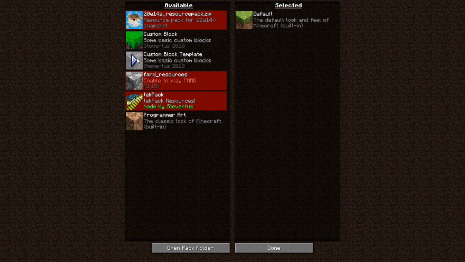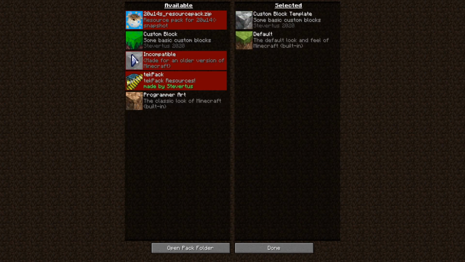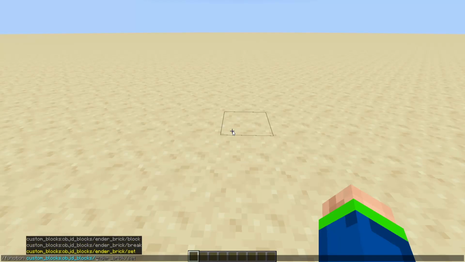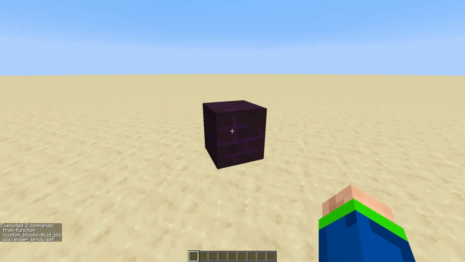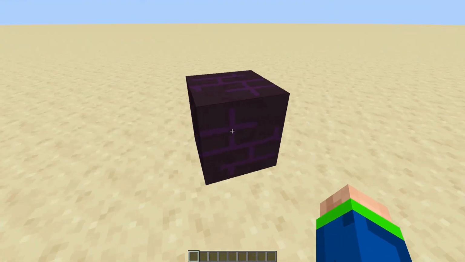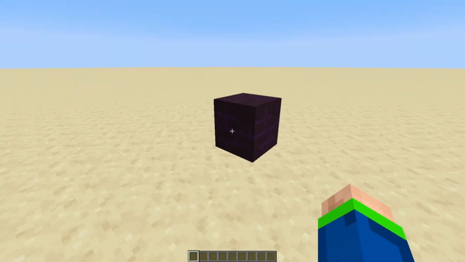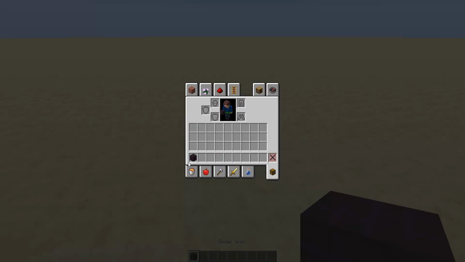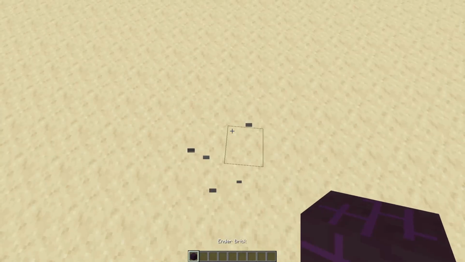So make sure you equip your custom resource pack here that you created. It will quickly reload the game. And now to get the block, we can just run the set function from our specified block here, and a brick inside of our data pack. And there we go, we have our custom block right here with the texture applied, and it also has some functionality. So if you break it, you will get this in the inventory